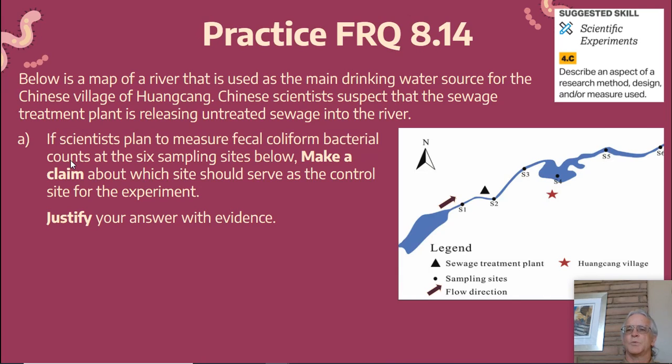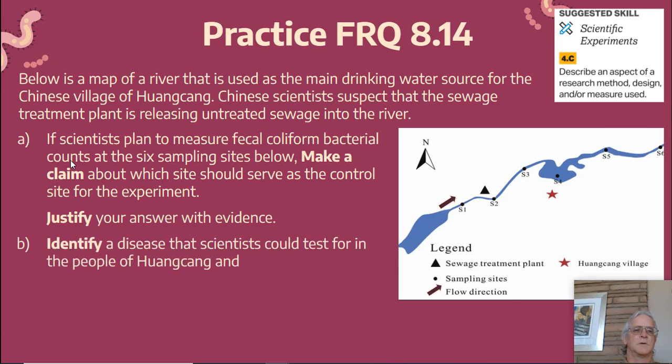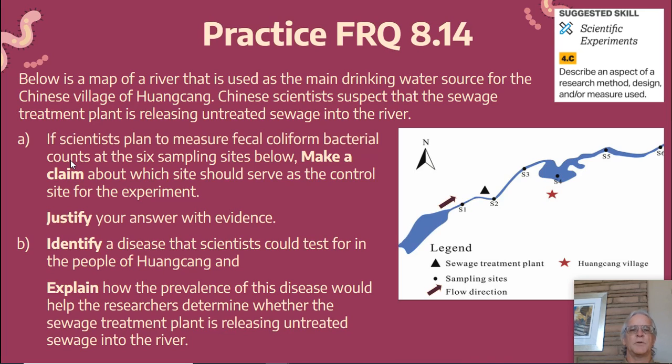Justify your answer with evidence. B. Can you identify a disease that scientists could use throughout the city and surrounding areas that could test for the people of Huangkang? Explain how the prevalence, where it is, would help the researchers determine whether the sewage treatment plant is releasing untreated